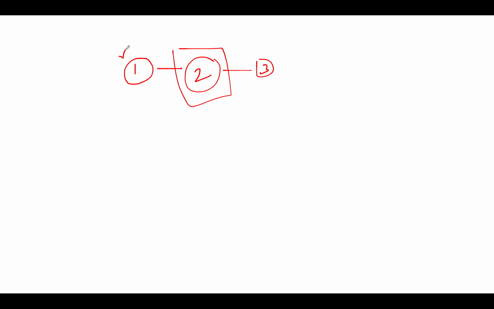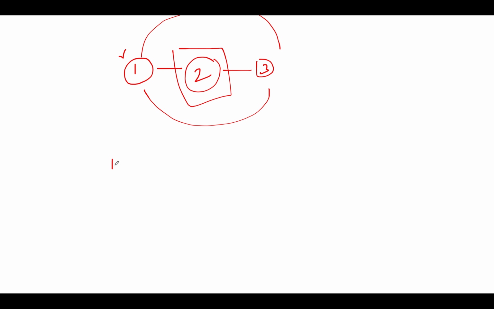Let's hypothetically assume that there exists a simple graph wherein there are only 3 nodes, and this is how the 3 nodes are connected. So we have 1 here, we have 2 here, we have 3 here. If I ask you which node you will make the root, the answer would be very simple and straightforward. You'll definitely want to make 2 the root, because all those nodes that lie towards the center of the graph are the contenders for making the root. If we take those nodes that lie at the outer circumference of the graph, then it's definitely going to increase the height of the entire system.